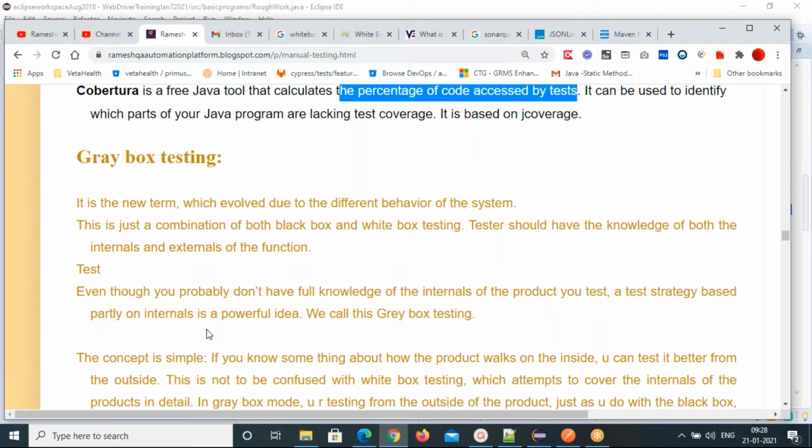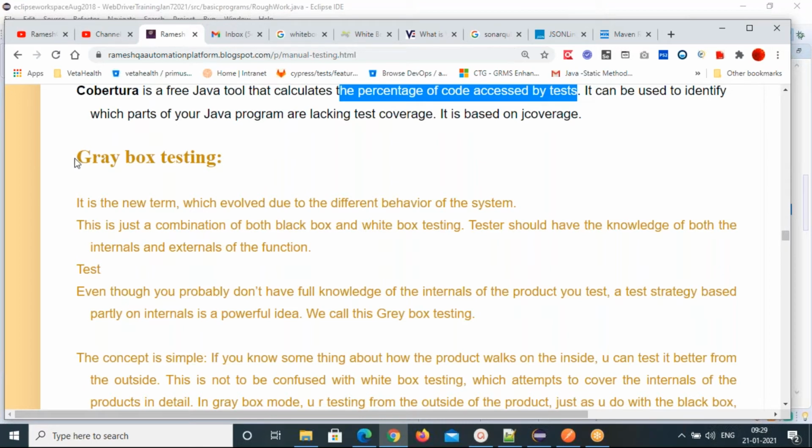These are the tools you will use to calculate code coverage. Code coverage is nothing but whether our automation test cases are covering all the application code, that is, whether they test the entire application code or not. That is what the report from these tools shows. Automation test cases are written using some programming language, and whether they cover the entire application or not is checked by this code coverage concept.